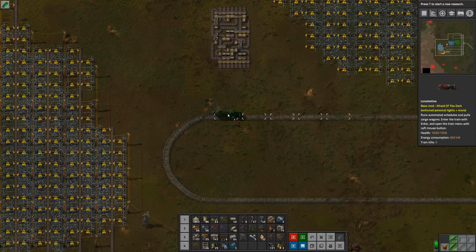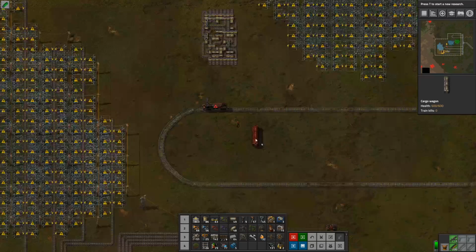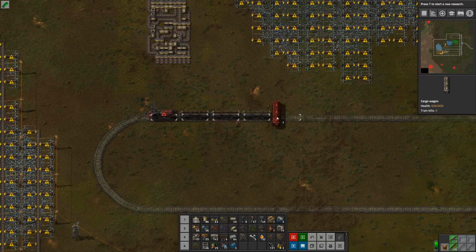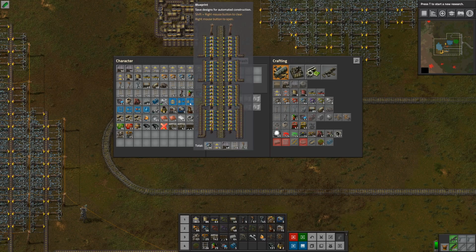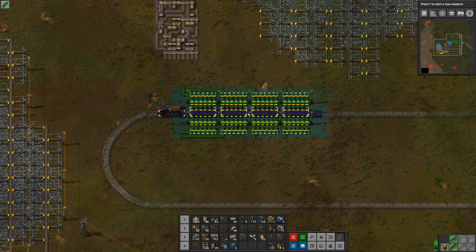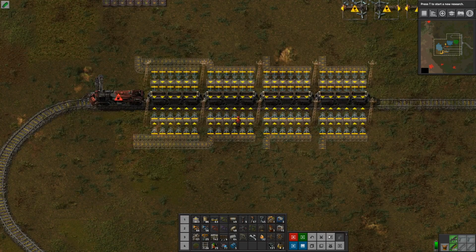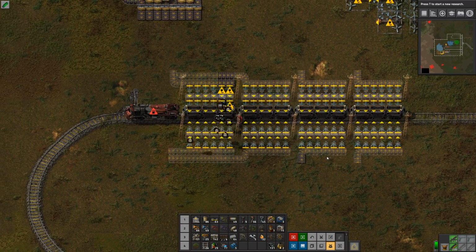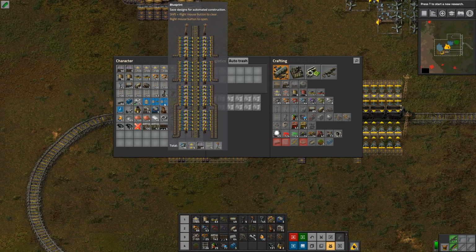Now I'm going to place the train here just so we have something to measure from. Let's do this one. And it's going to go like this. Let's turn on the robots and let's have them work. We should have enough. Yeah, we have enough,